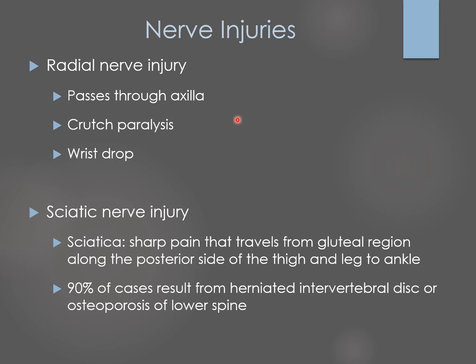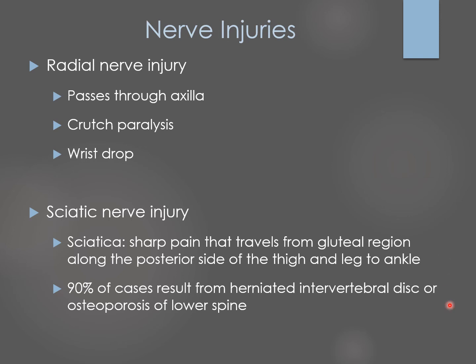Some nerve injuries. We have radial nerve injury, because that passes through the axilla. That's called crutch paralysis, so you're putting the pressure on your armpit. And if you injure that, you end up with wrist drop. Again, that sciatic nerve, sciatica, is a really, really painful condition along the gluteal region, down the thigh, leg, to